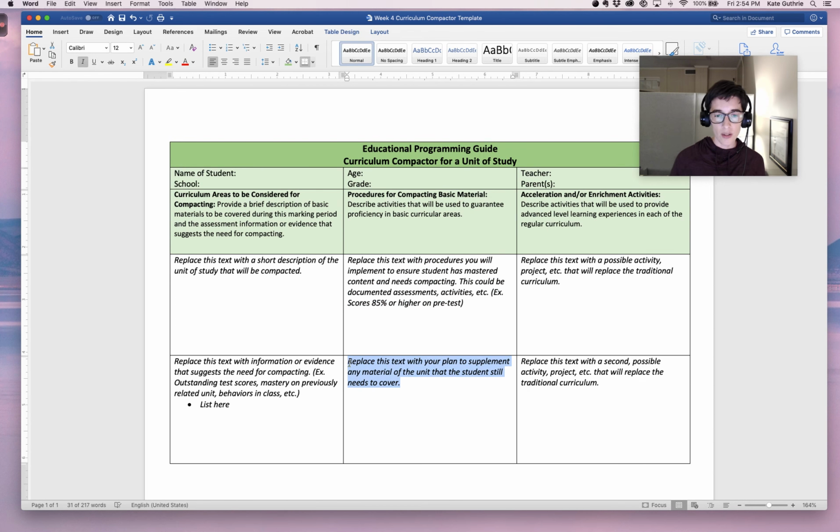In the second box, I want you to replace that text with your plan to supplement any material of the unit that the student still needs to cover. So if there was anything that was still confusing on that pretest or that activity, or if you know that there's some part of the unit that that child has never explored before and needs because of whatever comes in the future,